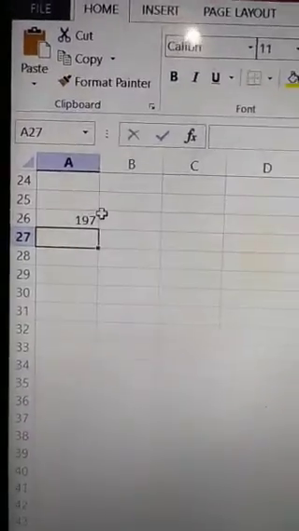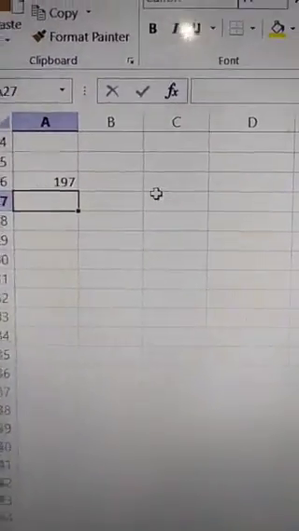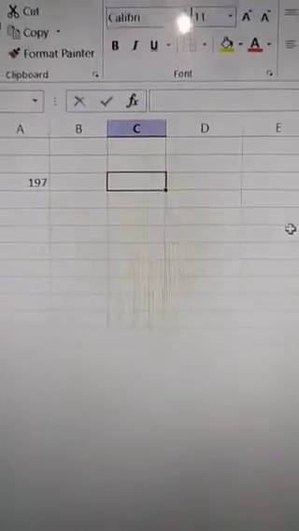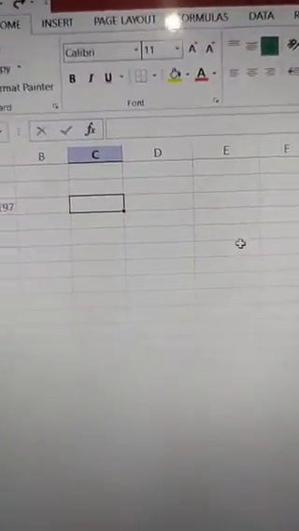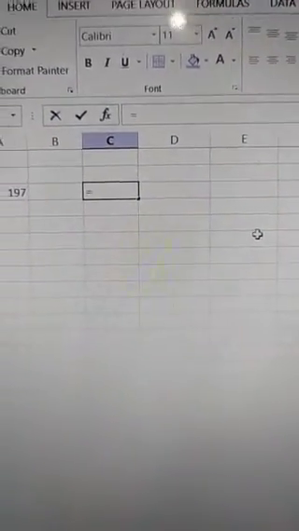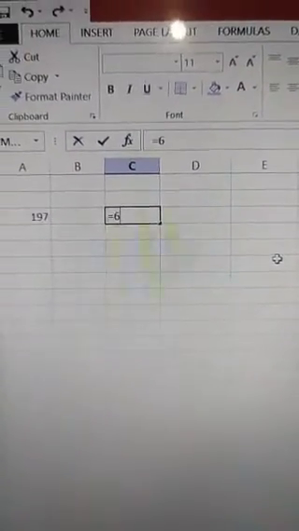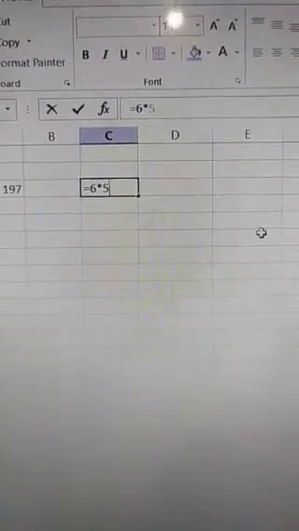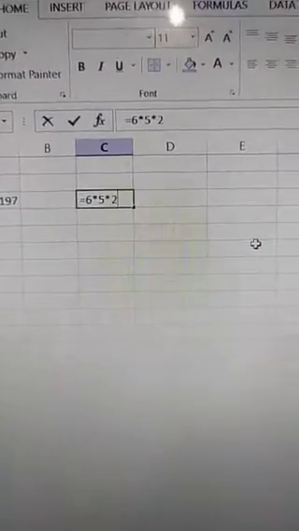The other mathematical operations can also be done with this process. Say I want to multiply. At first, give the equal to sign. After that I have given one number, then the multiplication sign, 6, 5, then the multiplication sign, 2.